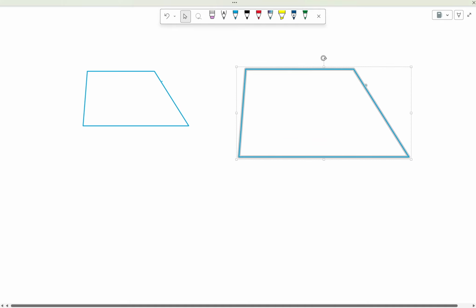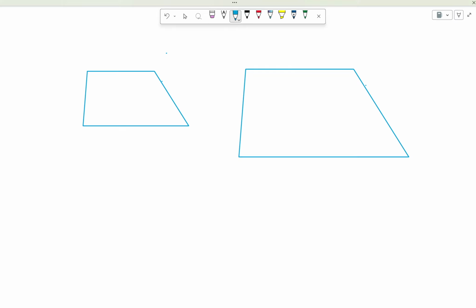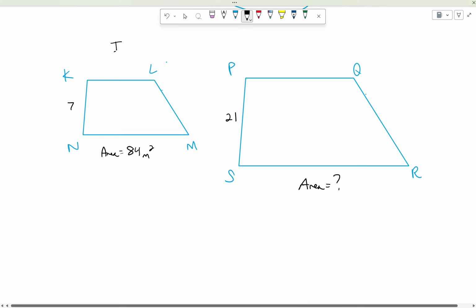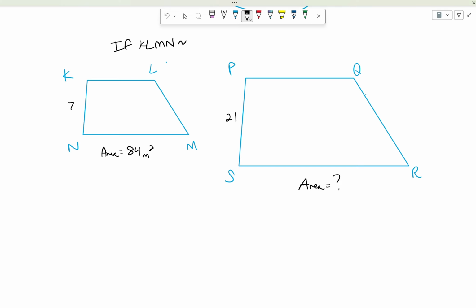All right. So here are my two figures, KLMN and PQRS. We're only given two things here. One, this side is 7, this side is 21. Second, my area here is equal to 84 meters squared. And we want the area for this bigger polygon PQRS. So, given that KLMN is similar to PQRS,